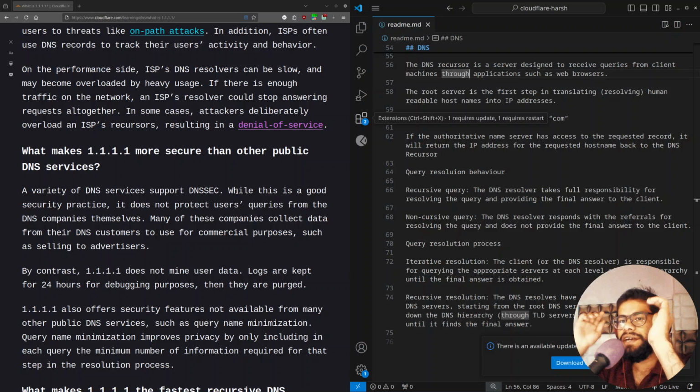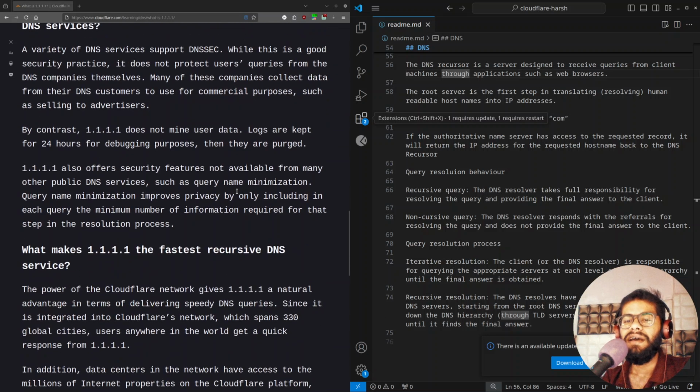And we have a variety of DNS services. Suppose DNSSEC. While this is good security practice, it does not protect users' queries from the DNS companies themselves. Many of these companies collect data from their DNS customers and use it for their commercial purposes, for example, selling it to advertisers. By contrast, 1.1.1.1 does not mine user data. Logs are kept for 24 hours for debugging and then they are purged. Purge means to delete. 1.1.1.1 also offers security features not available from many other public DNS, such as query name